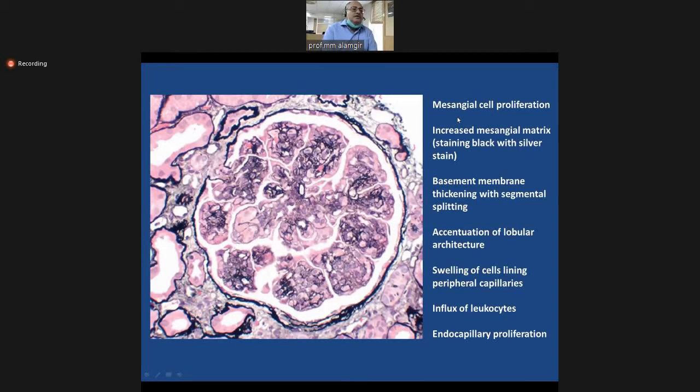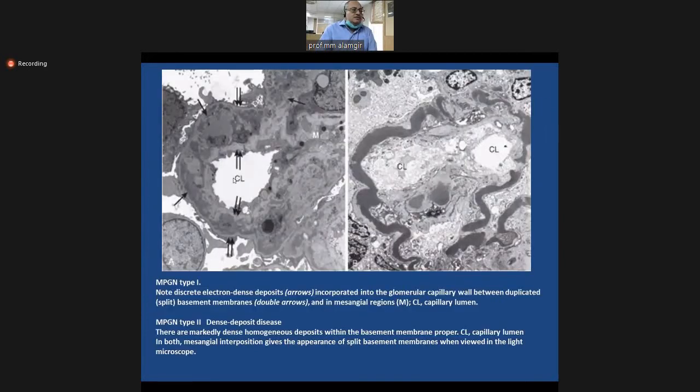The name has its origin from mesangial cell proliferation. And you may recall that mesangial cells are the cells which are basically residing in the interstitium of the nephron, in the glomerulus. Here you can see, as we know, electron microscopy is done on all renal slides. These are the deposits, electron dense deposits of antigen antibody complexes or other electron dense material, maybe proteins, and they cause thickening of the basement membrane. So basement membranes are quite thickened.